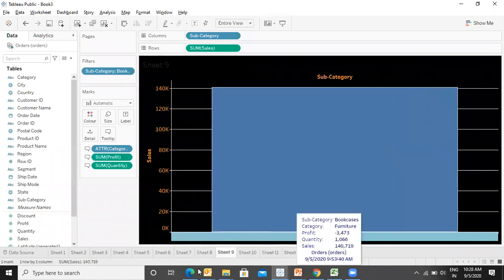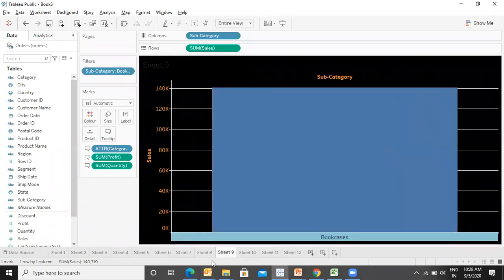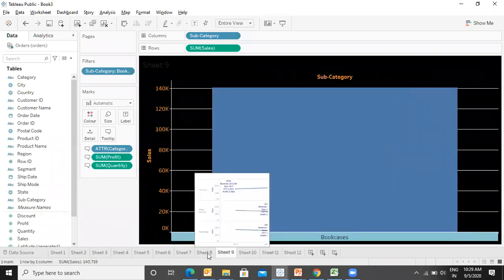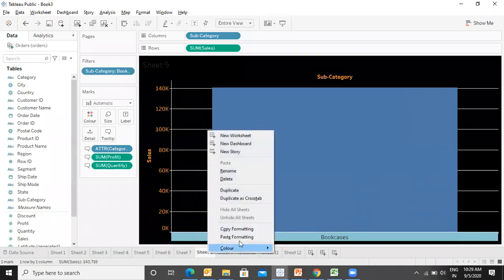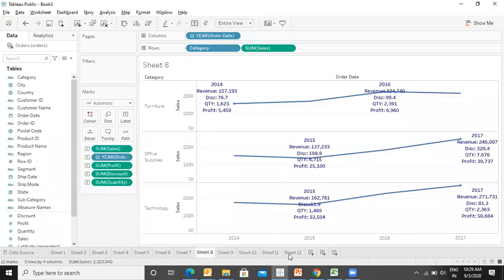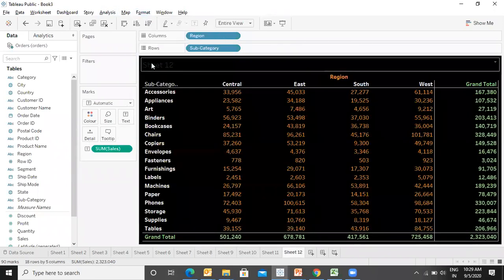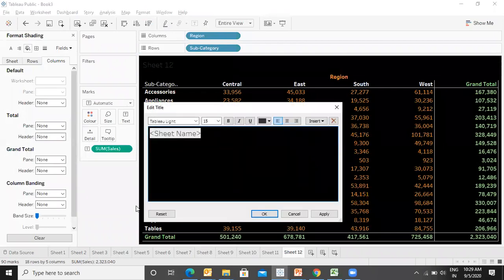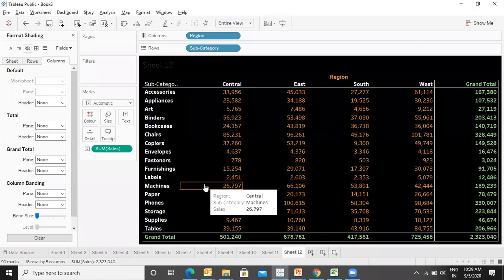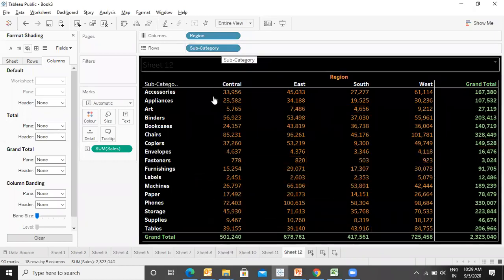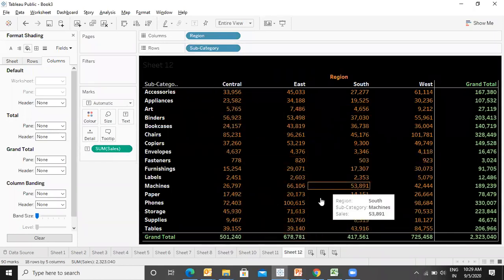Can you show where did you go for the formatting? I just need to right click on this. No, not the paste one in the sheet. Copy. I just go into the format and say whatever you want to, let's say shading, you will be over here. Okay. Here it is. So all right, this is how we can do that.